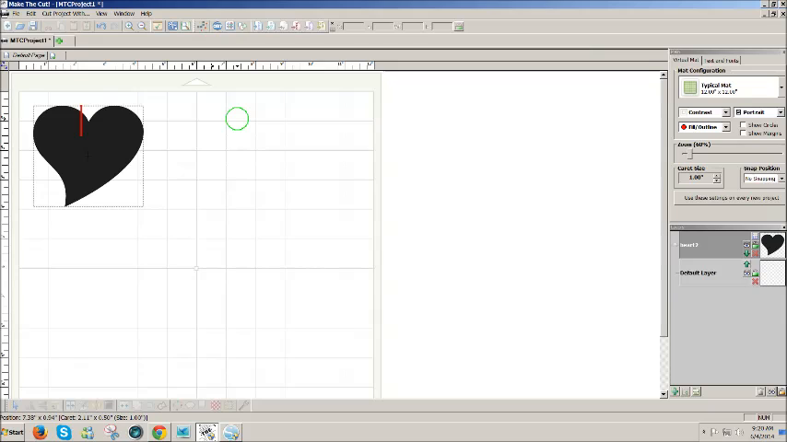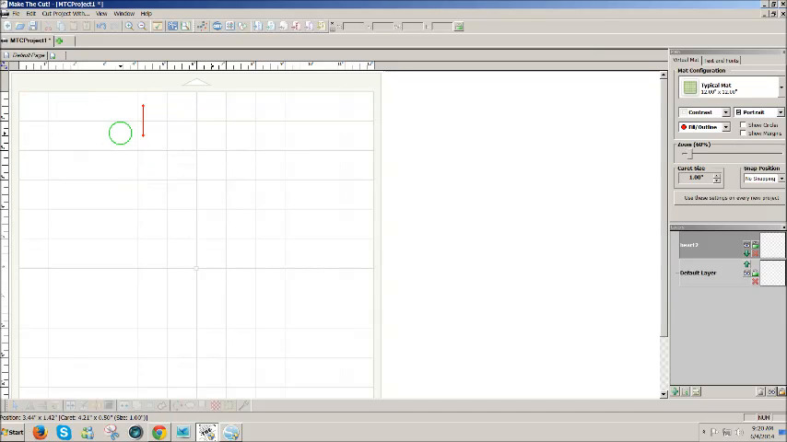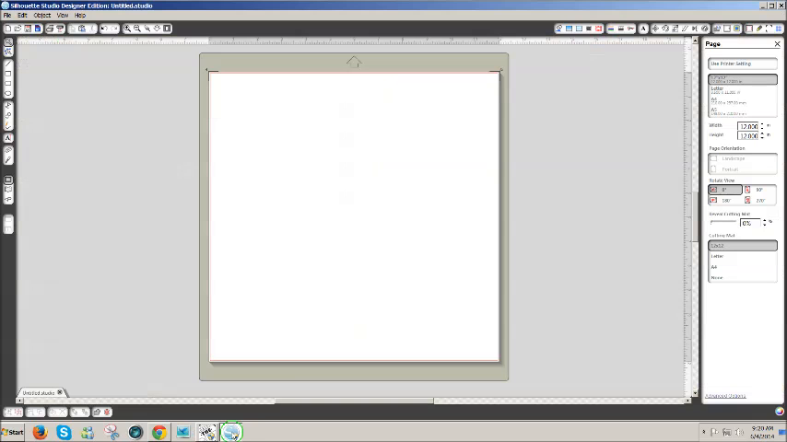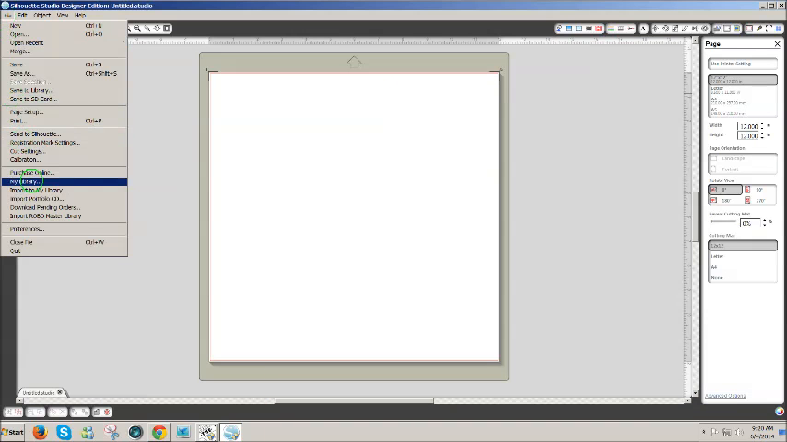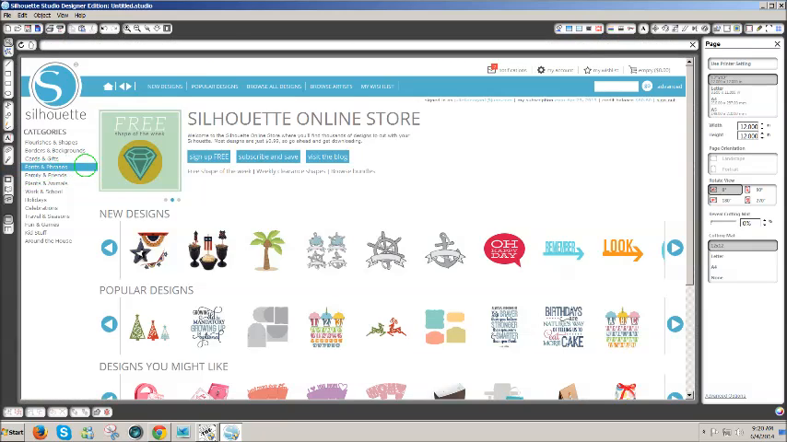So another place that I find SVG files that are free is to go to the Silhouette Studio online store, go to File, Purchase Online, and they have a free shape of the week. If you click on that free shape of the week,